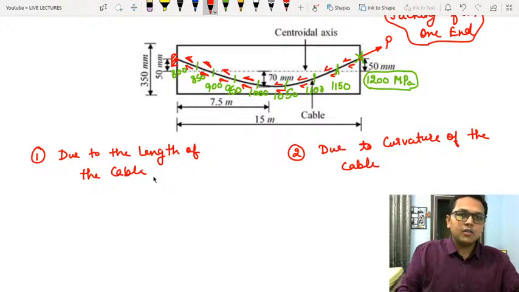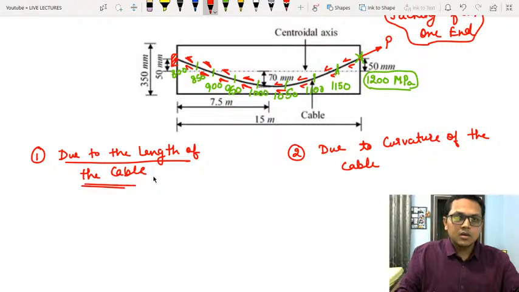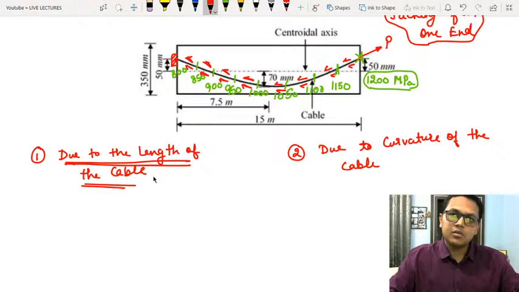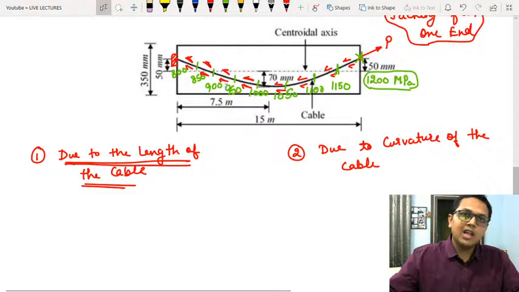Now due to the length of the cable, when the pre-stressing is taking place for the one end only, when the jacking is done from the one end only, the whole length of the cable